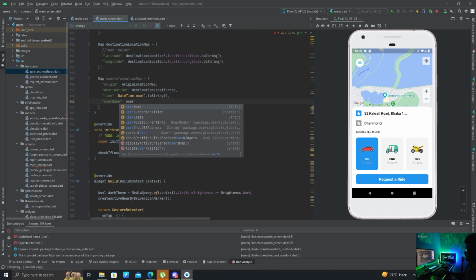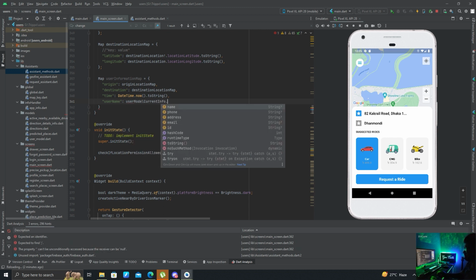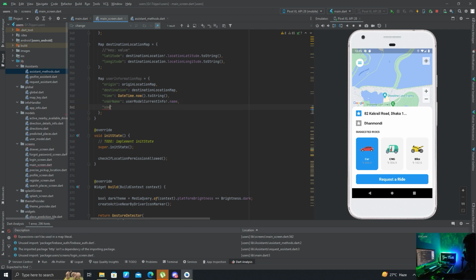We can fetch our username from our user model current info dot name, and let's add a null check here and then a comma. We have to use semicolon here, and then we can write user phone, user model current info dot phone,